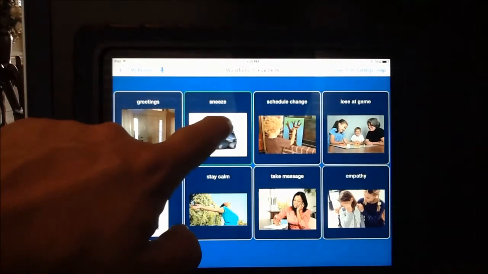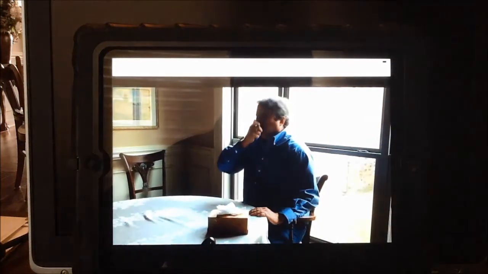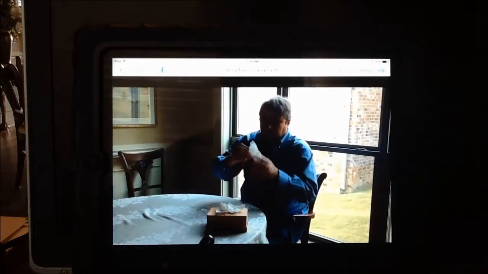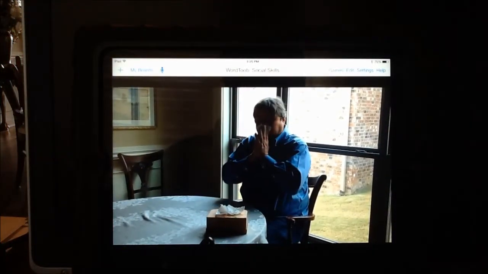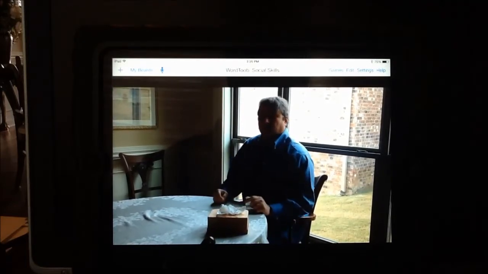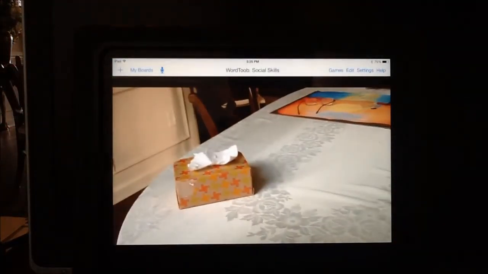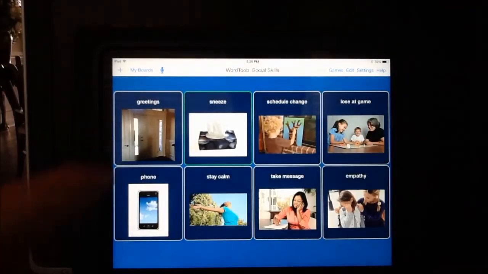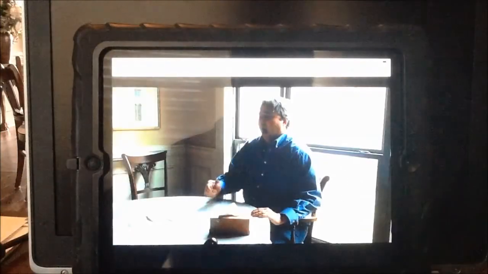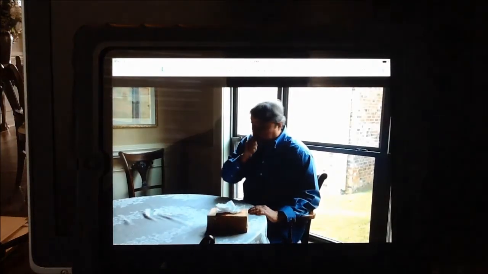One of these has my wife in there. Sneeze. Now remember, Wordtoob randomizes them, so you just don't know how many times you're going to get that one in a row. It makes it generalized and makes them, if there's one they like, they're more likely to keep hitting it. Sneeze. So again, sooner or later, if I keep hitting long enough, we'll see one of my wife as my peer model. Sneeze. It's crazy how